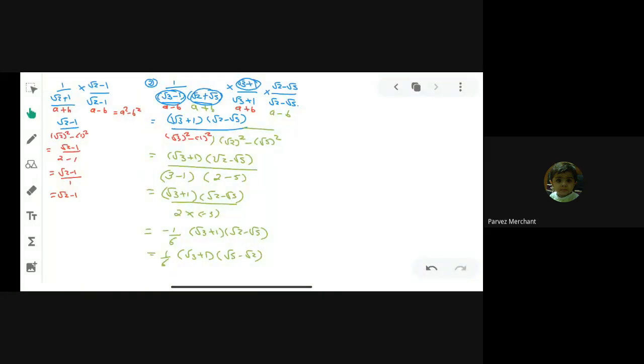Okay, now in the next lecture, we will do exercise 1.5 of rationalization and simplification, operations of irrational numbers. Okay? And then after, if we have time, then we will study the law of exponents and exercise 1.6. Exercise 1.6 has only 10 minutes. So in that case, in the next lecture, we will finish this chapter. I think we will try.